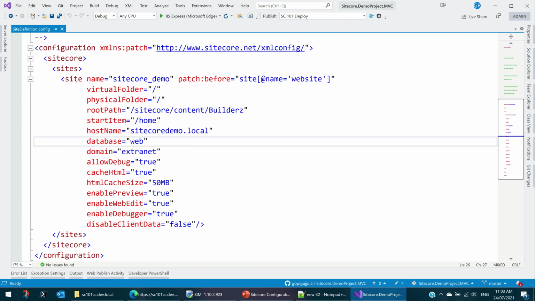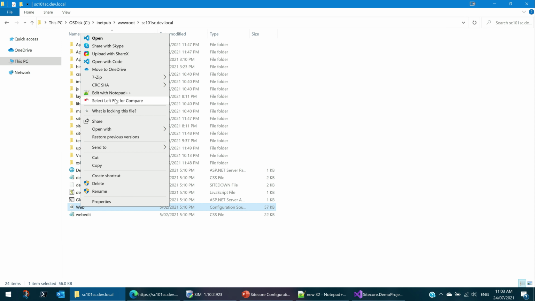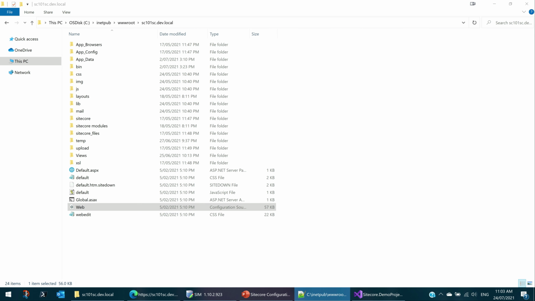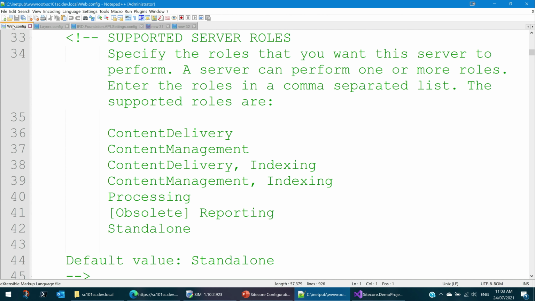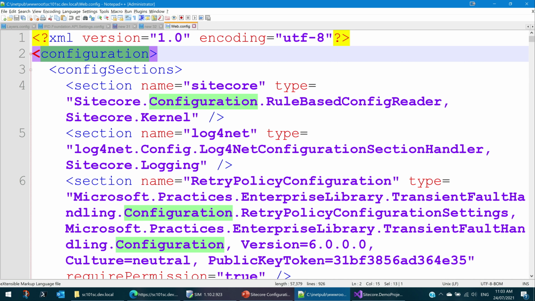Now let's see all these role definition, search definition, and all other configuration. For that, first go to the web config, just right click, edit with Notepad++. So yeah, this is the website web config.